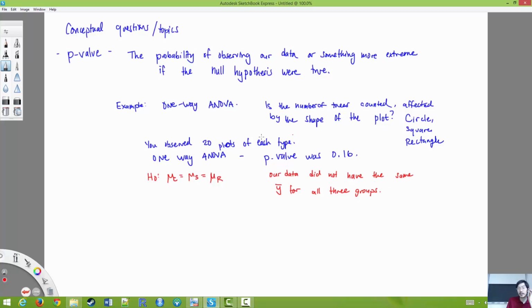I didn't provide the data, I just said you observed 20 plots of each type and you did one ANOVA and your p-value ends up being 0.16. So from there, that is enough to tell us that our data didn't have the exact same y bar for all three groups. Because if the y bar was the same for all three groups, our p-value would be 1. But what this means is that, so the meaning of our p-value